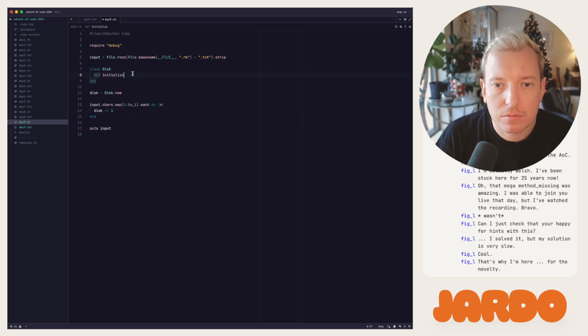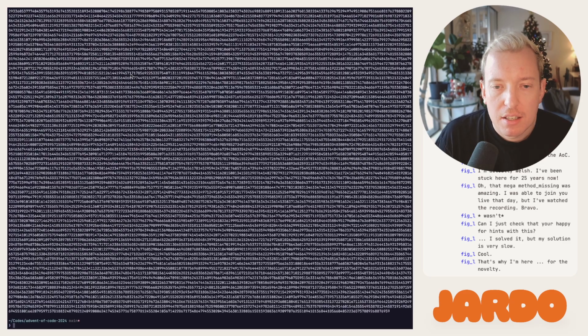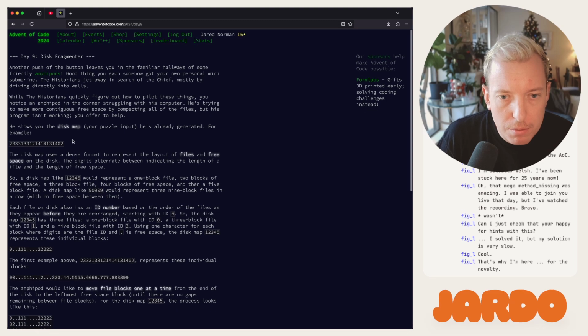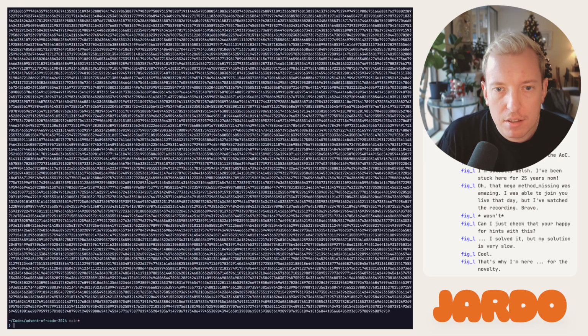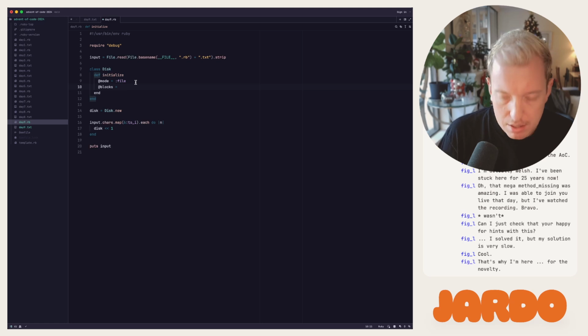So we do need some state in this object, because we are alternating between file and free space. And we'll initialize our blocks to be an empty array,